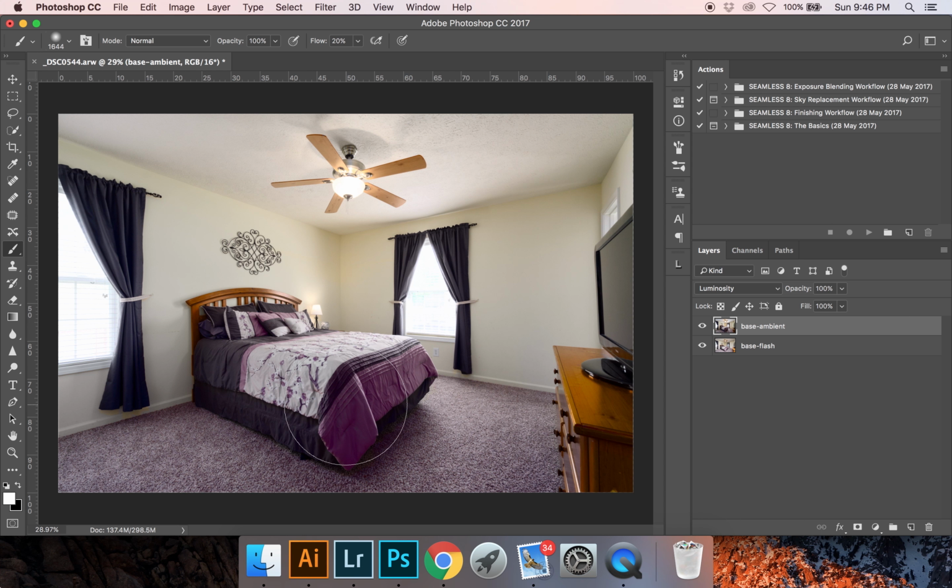Sometimes it works, sometimes it doesn't. Most of the time it doesn't. So what we're gonna do is we're gonna be smart about this. We're gonna apply our ambient layer a little bit differently than how you'd normally blend it. So what we can do is go ahead and, while we're still on luminosity,